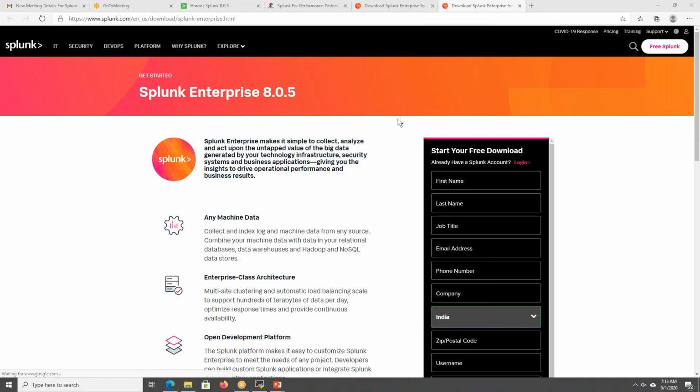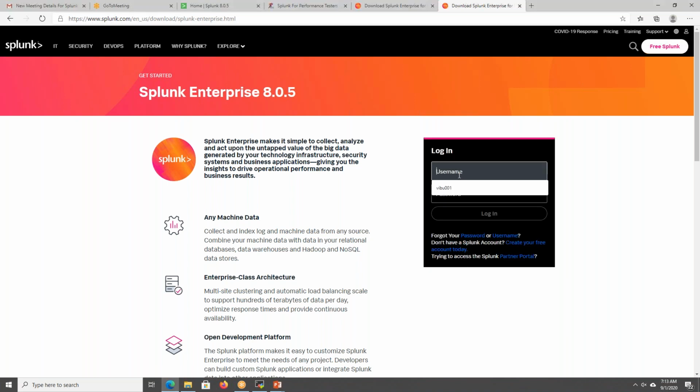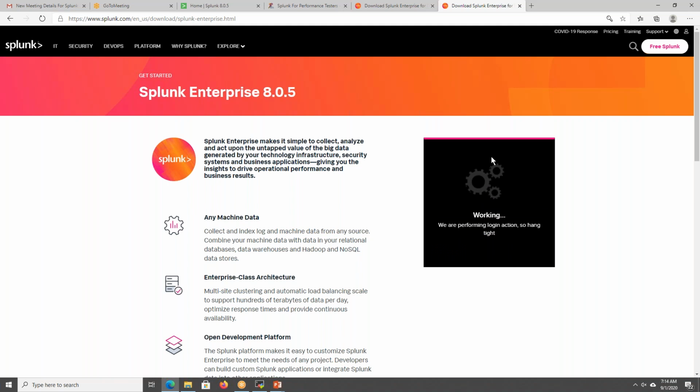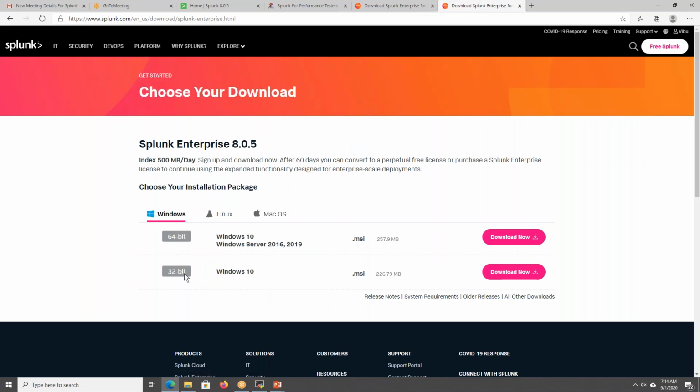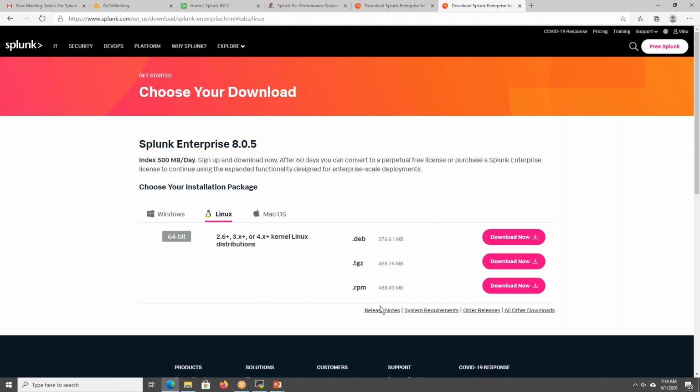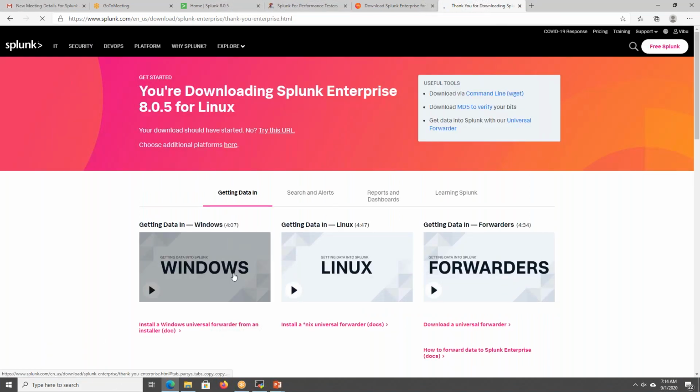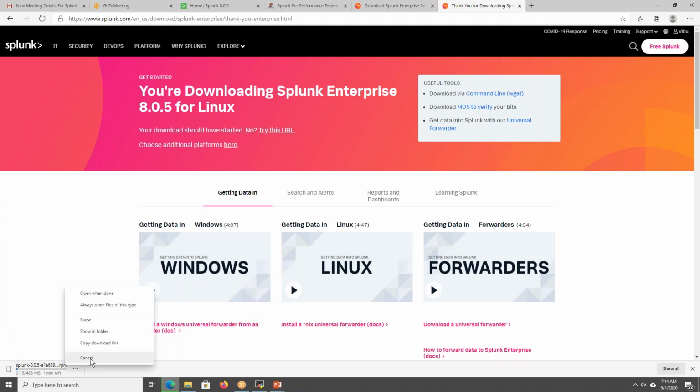Okay, for this download I should log into this machine. Actually, what will happen is first it will show what the operating system is. I am currently going for Linux. In that, I am selecting this RPM based. When I select it, it will download a local copy in my system. But I am not interested in this local copy.